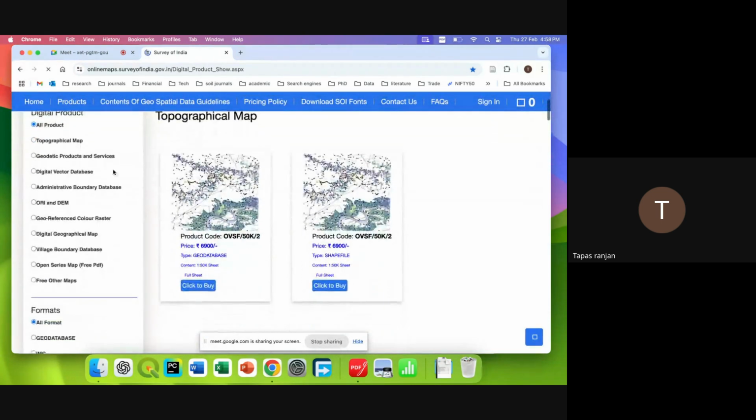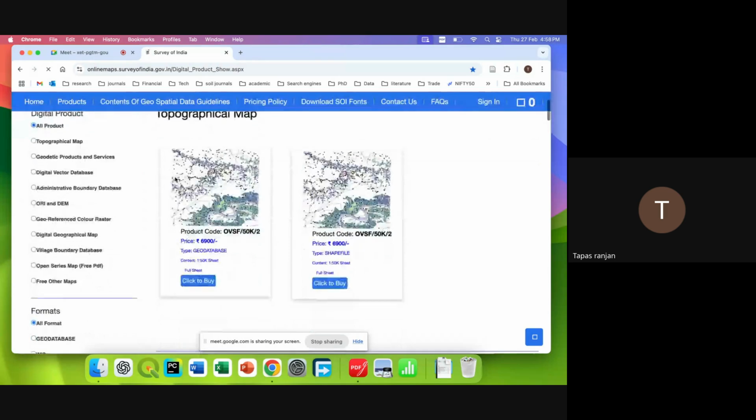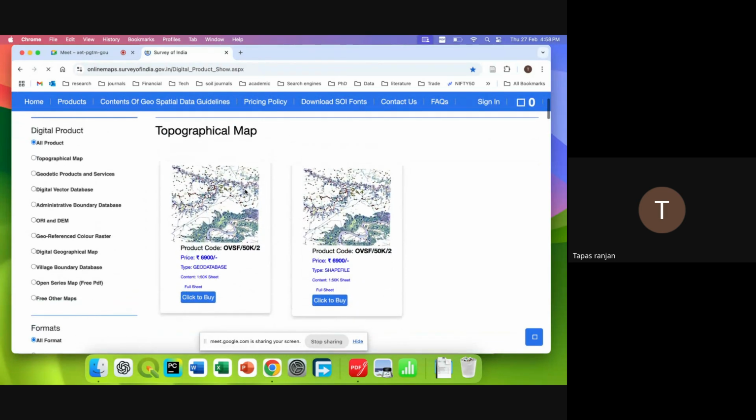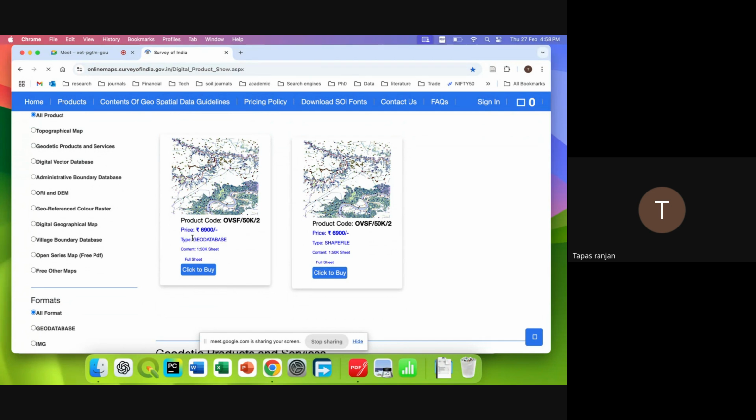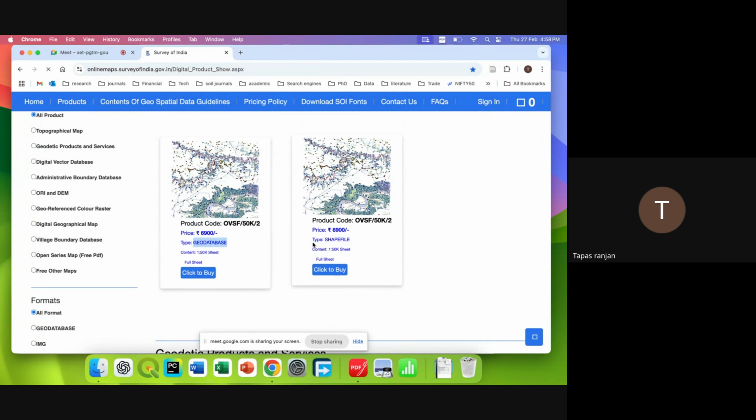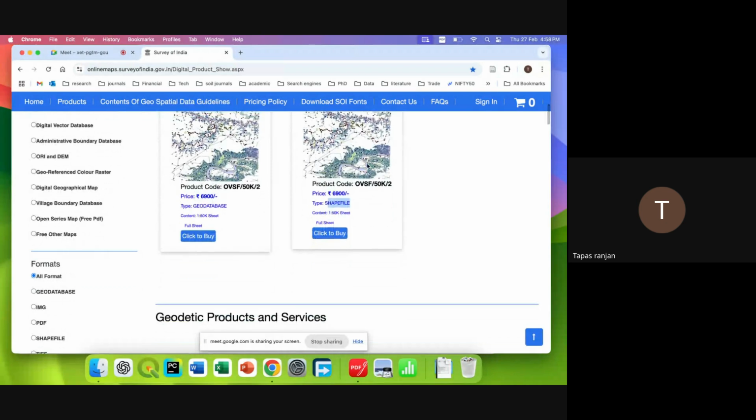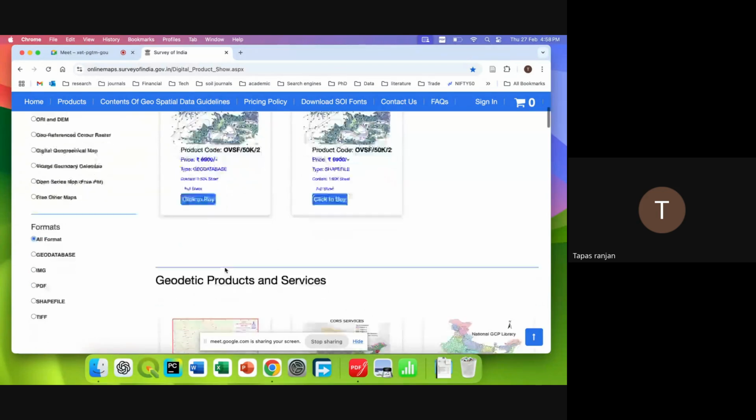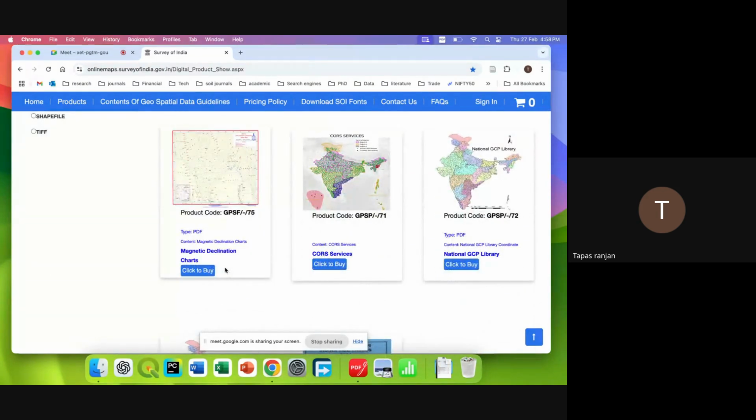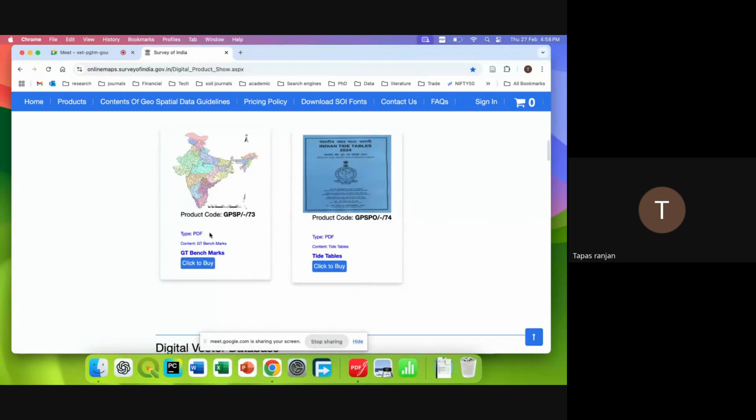Okay, so within digital products you do have topographical maps. If you provide the toposheet number, you can download it in a geodatabase or even in zip files. Okay, so even in zip files you can download different toposheet maps, but it is paid. I think you'll have to pay somewhere around 7,000. Then you have other products,